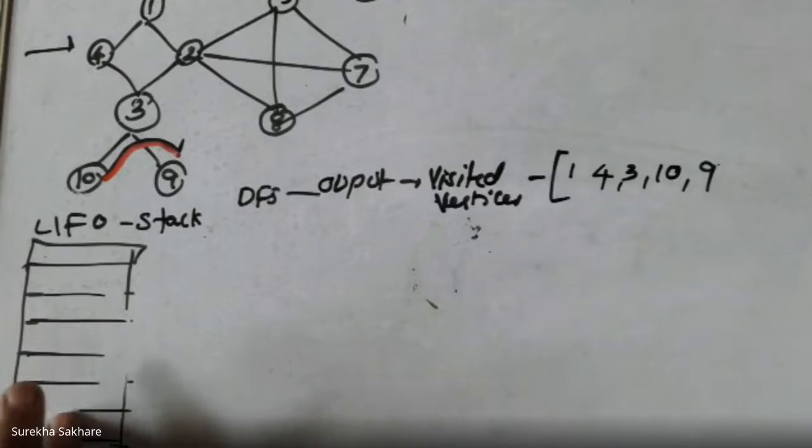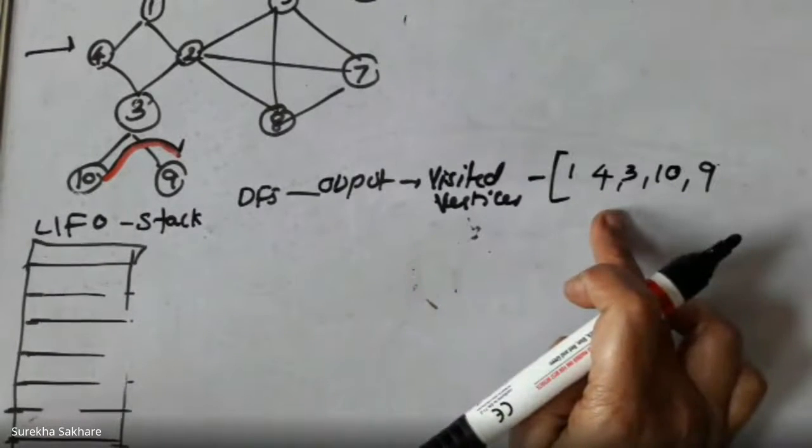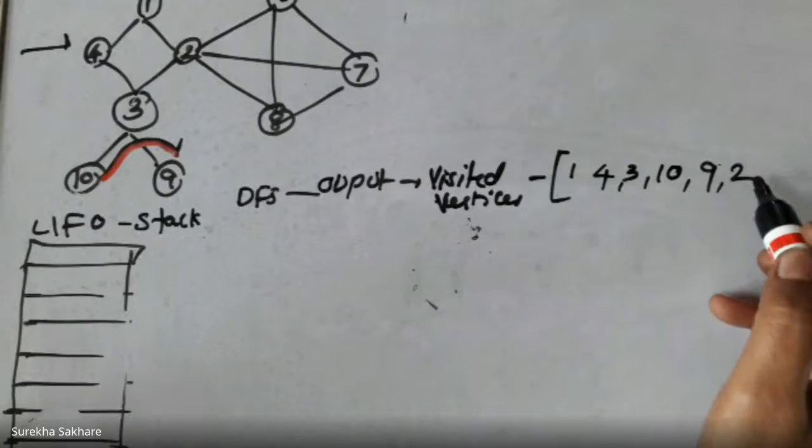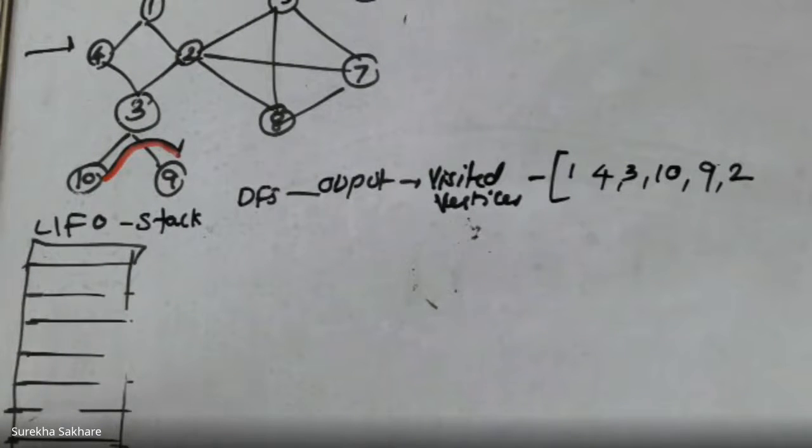Now I will see the adjacencies of 3. What are they? There are 4 and 2, but 4 is already added here, so it is not required. So what is happening is it has to be exploring the 2, is it not? So now 2 is obtained. Now because 3 has been totally explored, it will not be there in the stack. Now after I have reached the 2, I will see the adjacencies. I have 1, I have 3, I have many, but I will take one of them as 8. And I have kept this 2 on hold.